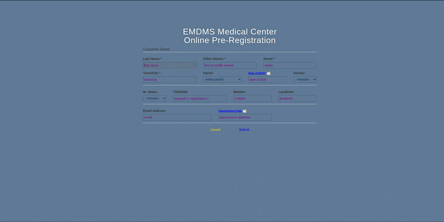Alright, so this is the interface for the pre-registration. General information: last name, first name, address, age, and that sort of thing. The fields with the asterisks are compulsory fields. Basically, we use these fields to ensure that we're not duplicating the customer data. So if I were to go ahead and enter a customer,